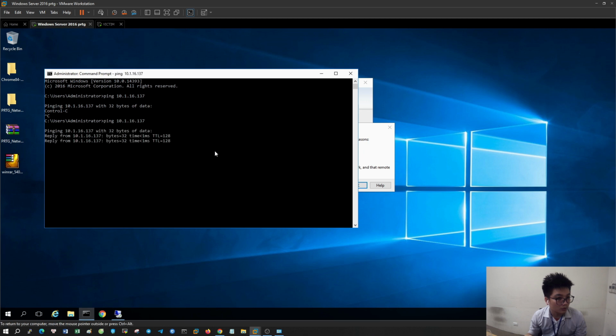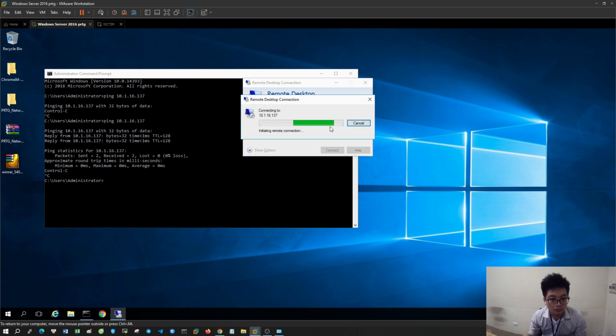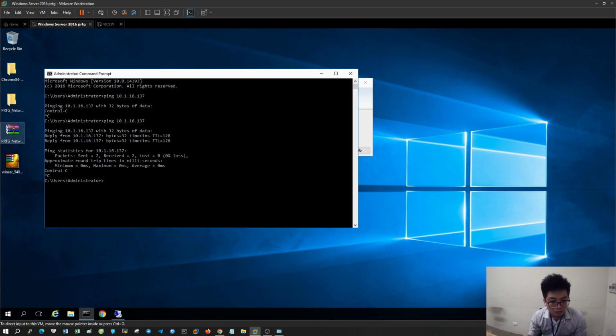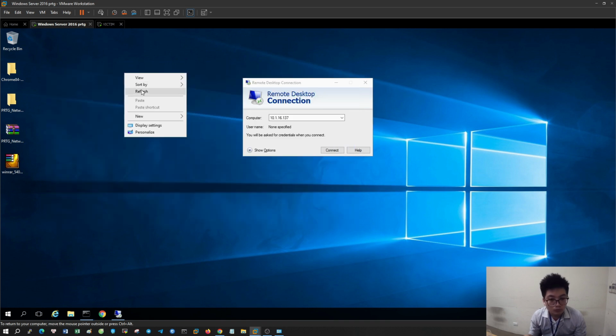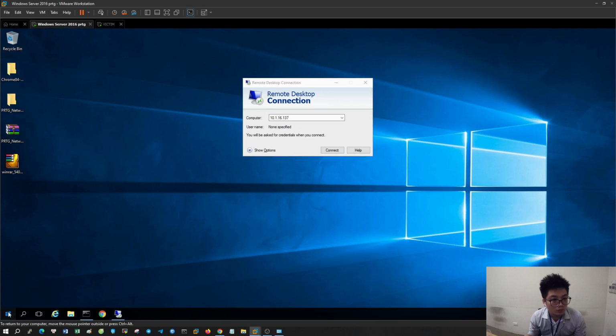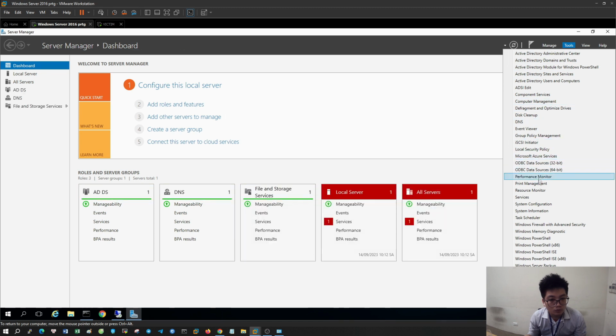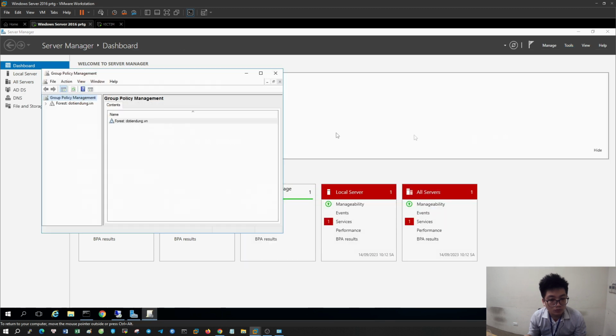I have successfully pinged the user's computer device. But I still cannot access the device without creating a policy in the domain. To create a new policy, select Group Policy Management.